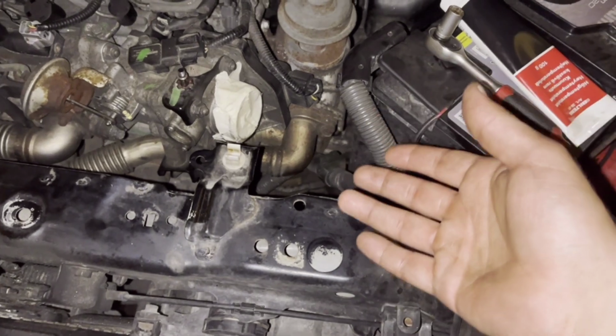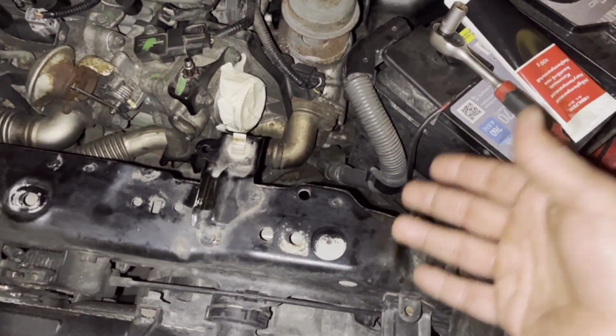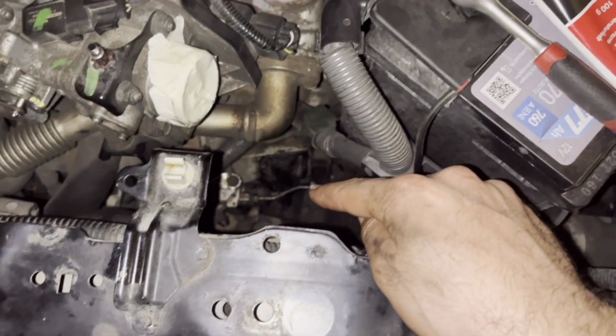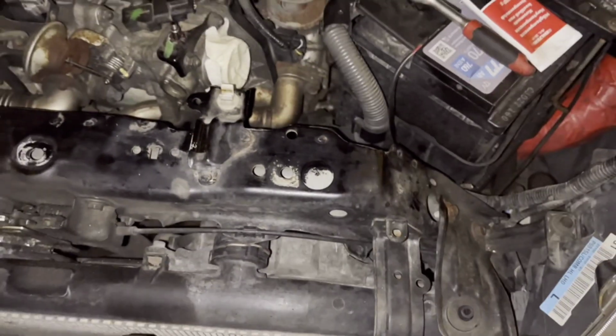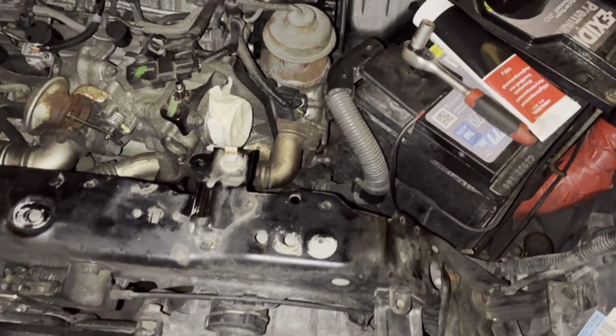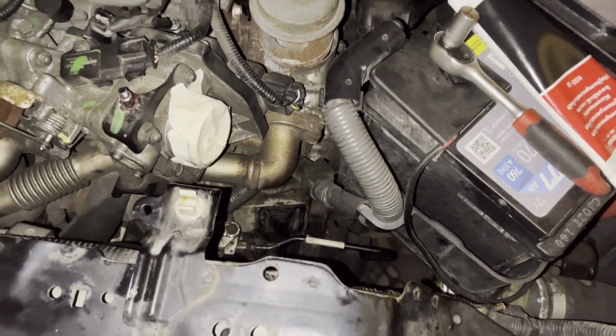Otherwise, if it's opened up or cracking or like that, it means it's better to replace the fork. Otherwise, you will lose the working of the clutch. So